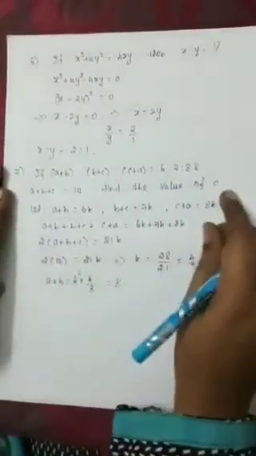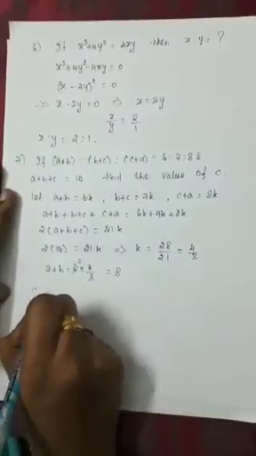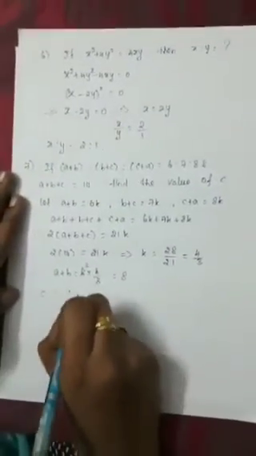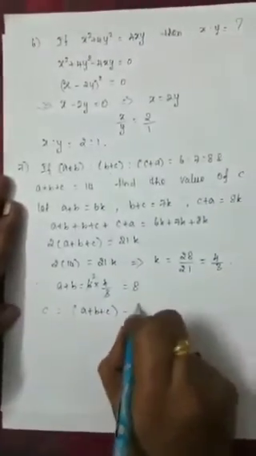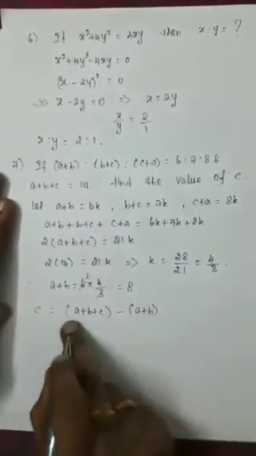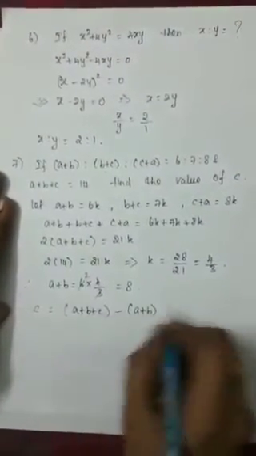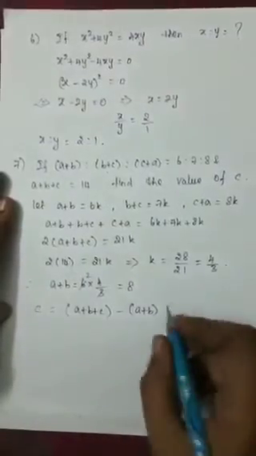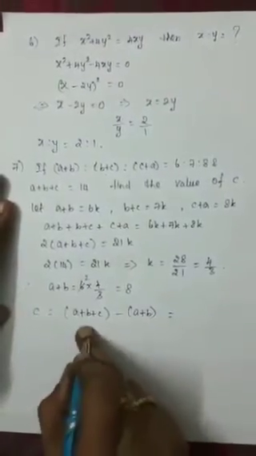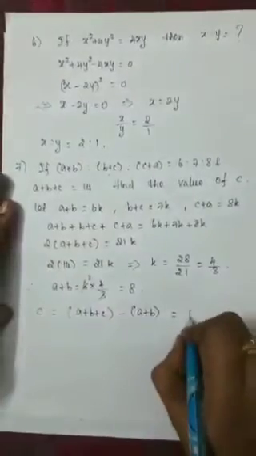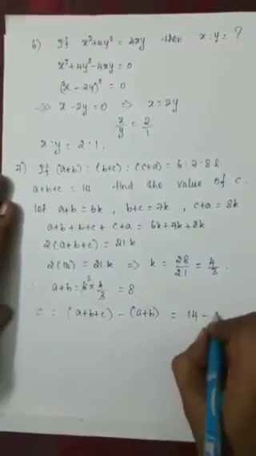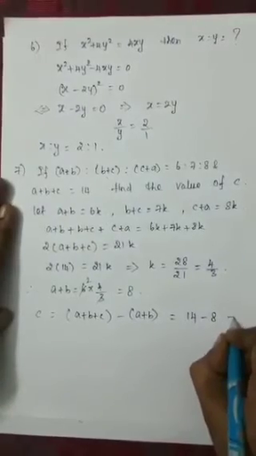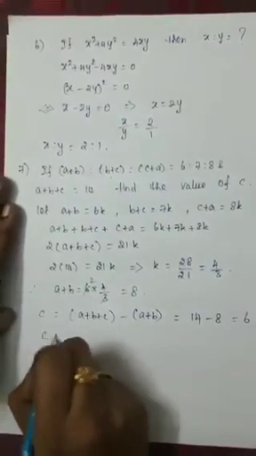We have to find the value of c. So c can be written in the form a plus b plus c minus a plus b. So plus a plus b minus b cancel. So c is equal to c. So we know the value of a plus b plus c is 14 and the value of a plus b is 8. So 14 minus 8 is equal to 6. So the value of c is